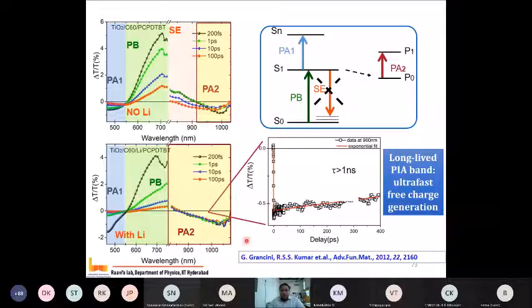Furthermore, you could do more additive things and simply kill the entire stimulated emission, and you make sure that the charges which are generated are long-lived. A long-lived charge band suggests that more charges are surviving over the period of time when you can extract. And this is another example to tell you how a pump probe experiment helps you understand charge generation and follow the charges for long time scales and predict that the moment I put my electrode, I have a better chance of taking out the charges and finally getting the photon.